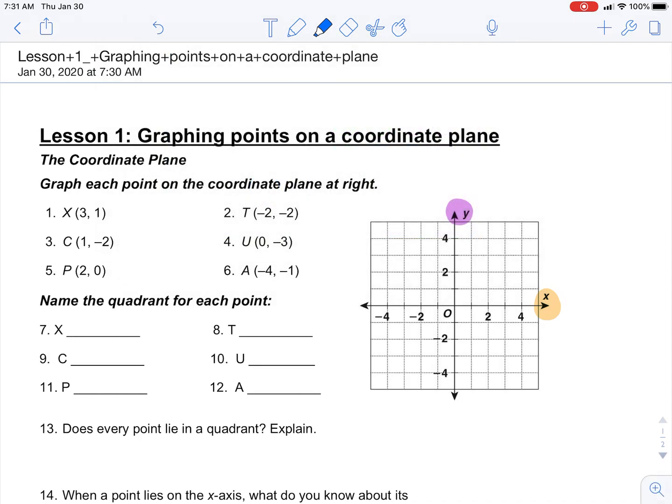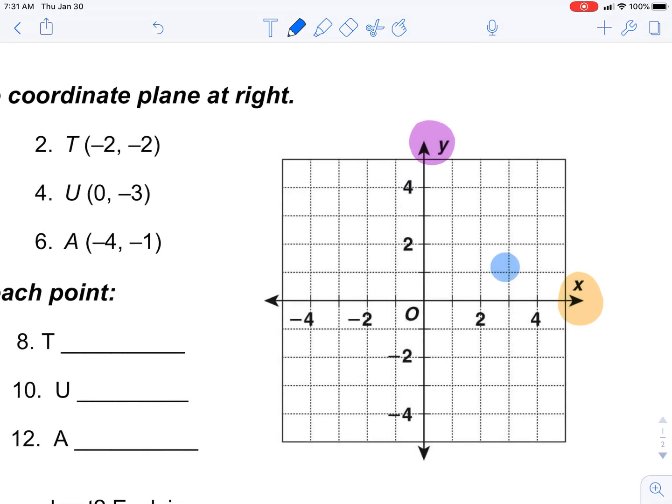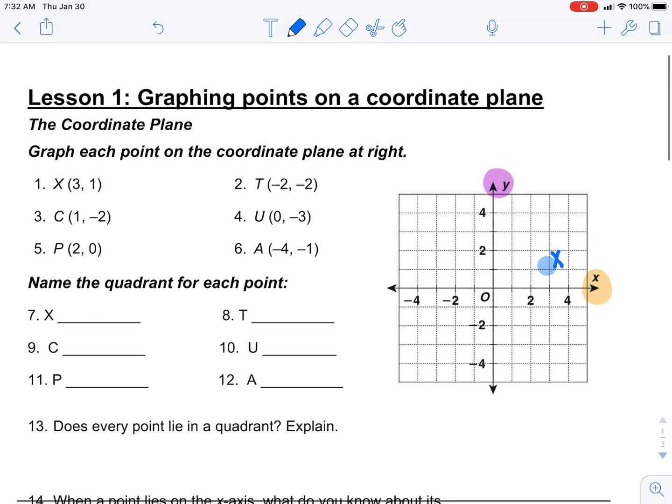So for point number 1, (3, 1), we're going to go over 3 spaces and up 1 to place that point on the coordinate plane. And then you also make sure, if there's a name for that point, that you call it that point. So that point is X. For point number 2, we have (-2, -2). So that means we're going to start at the origin, where you see the O, origin. You're going to go 2 places to the left and 2 places down and place a dot and call it